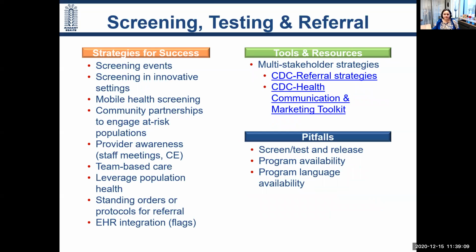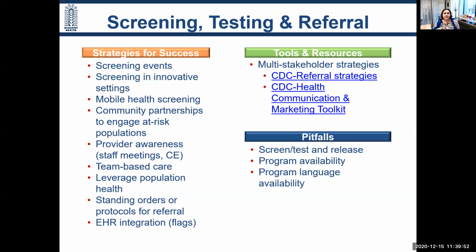Next slide, please. Some of the screening, testing, and referrals are some of the most critical outreach points to be able to actually engage patients. Some of the strategies for success is really holding screening events. And that's been probably one of the more significant challenges right now during COVID. It's that people haven't been out to the local health fairs as usual, or having screening days or health fairs like historical. So that's been a little bit of a challenge, but I think as things are opening up again, and as we're starting to see a lot of people that deferred care, it's creating a new opportunity to screen people and ask them about their lifestyle. Have they been active? Do they have risk, to get them into this program? So those are really critical for us.